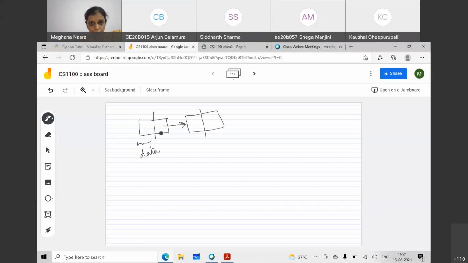And this itself has two parts. Again, one is the data, and the other is a link which is pointing to the next node. And this is a pictorial representation of a linked list. This part is the data part, and the other, unshaded part, is the link part of it. And how does the linked list end? We say that there is a node which does not have any next element, and therefore this node has a link which is null. Therefore, this is the last node, and this is how the linked list ends.